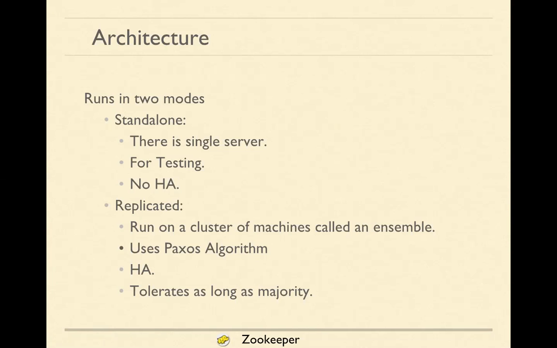So Zookeeper server is installed on all the machines, and then we turn these machines on. And these machines talk to each other. They are informed about each other actually, and then they start talking to each other. And once they are done talking, they elect one leader. The way the election works is known as the Paxos algorithm.